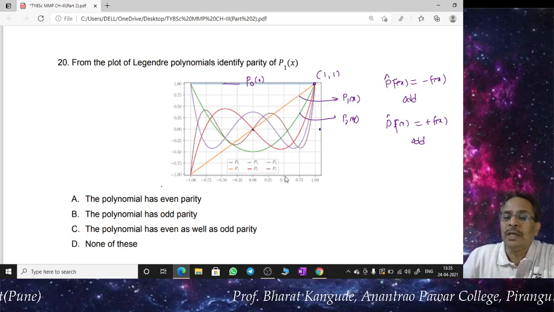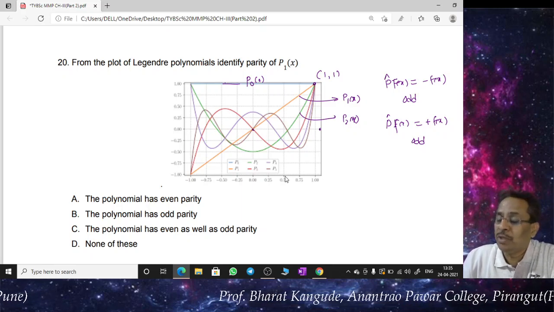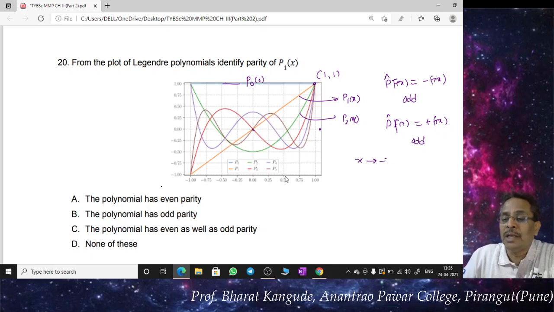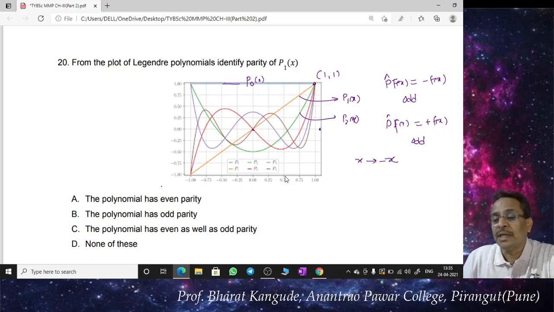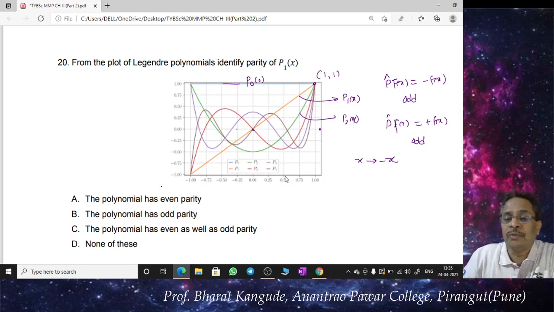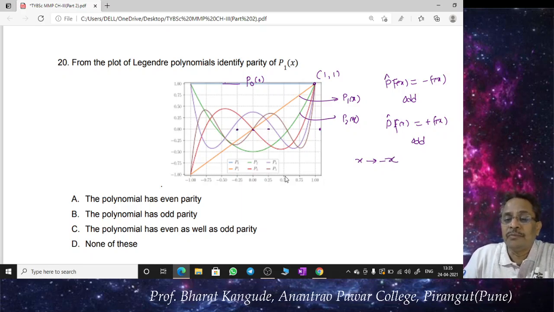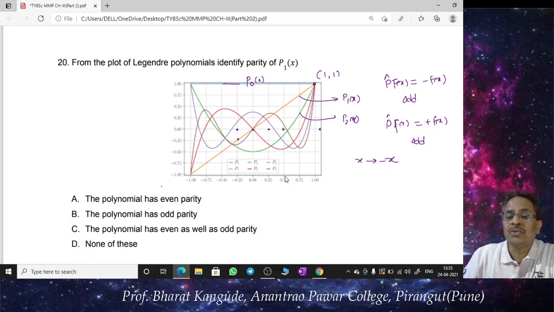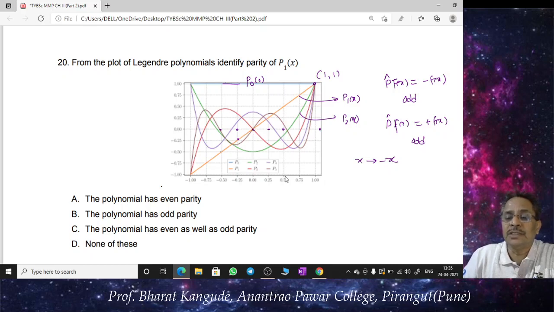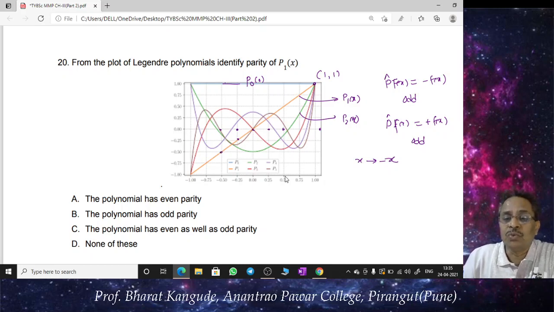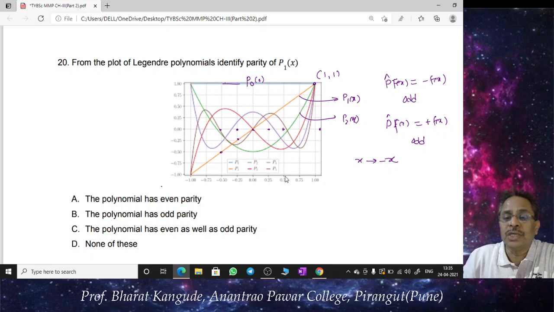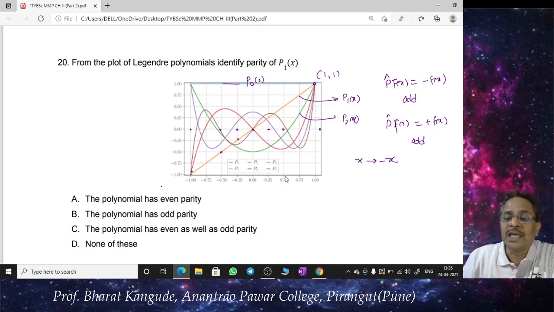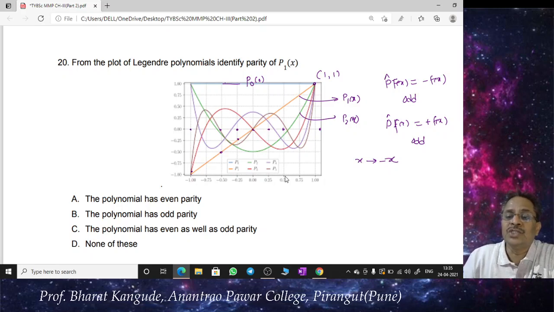So from this graph we see, for this region, for values from x equal to 0 to plus 1, this P1 of x is positive, whereas when x is replaced by minus x, this is the parity operation, x is replaced by minus x. For example, for this value, if this is the plus x value, this is the minus x value, it becomes negative. For the next value also it becomes this, and for minus 1 I get this value here. That means when I replace x by minus x, this P1 of x changes its sign.